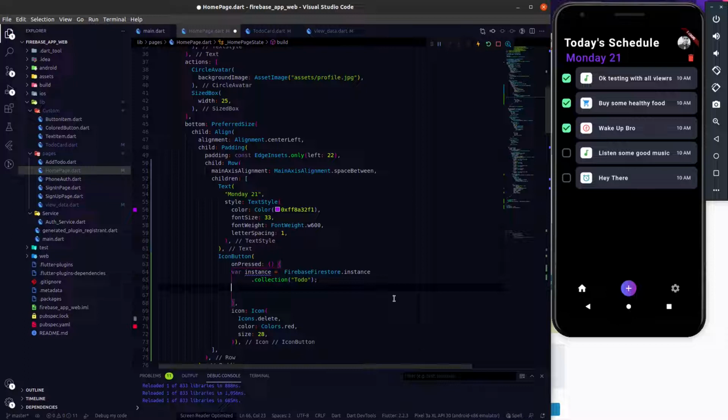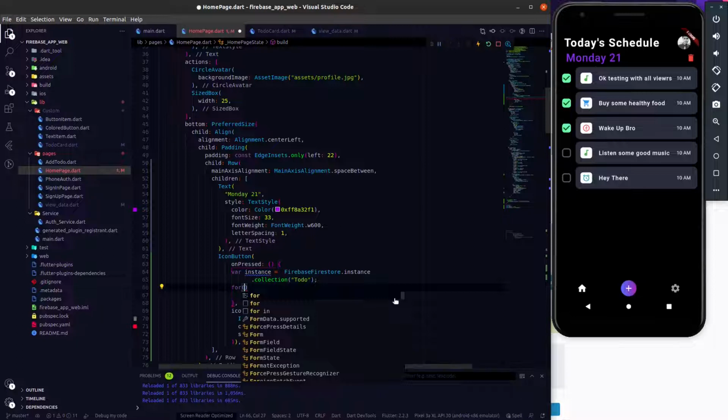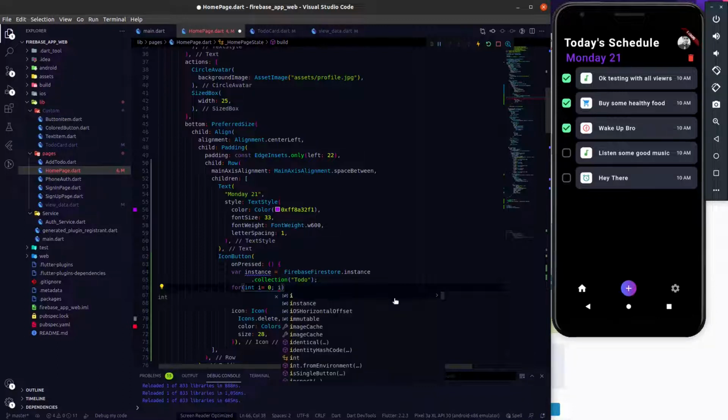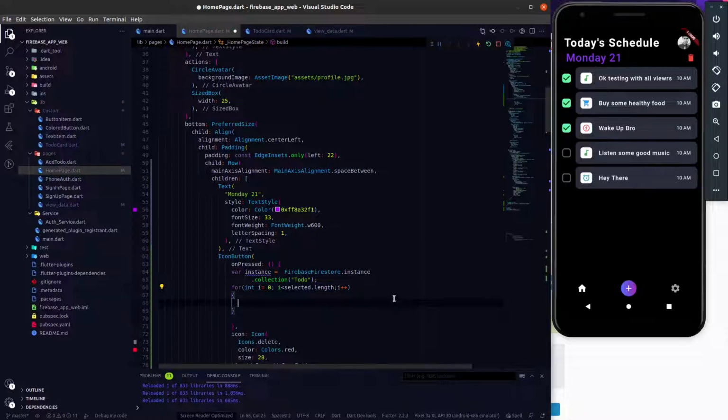We are storing the state of all the checkboxes along with the ID in the selected variable. So here we have to write a for loop: int i equal to 0, i less than or equal to selected array dot length, i plus plus, and we have to call this instance dot